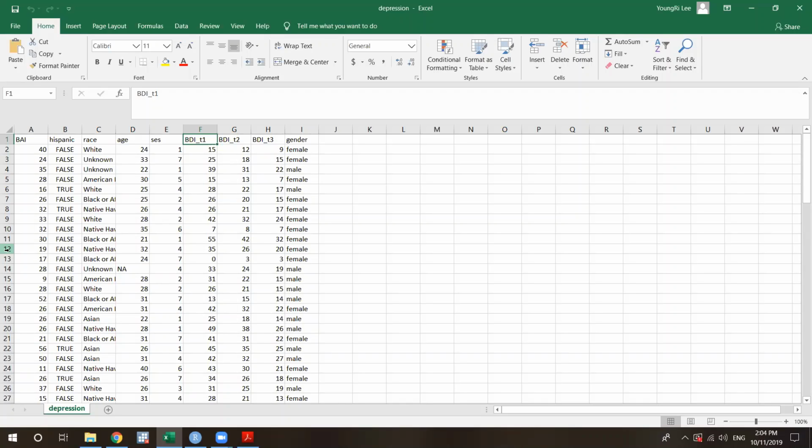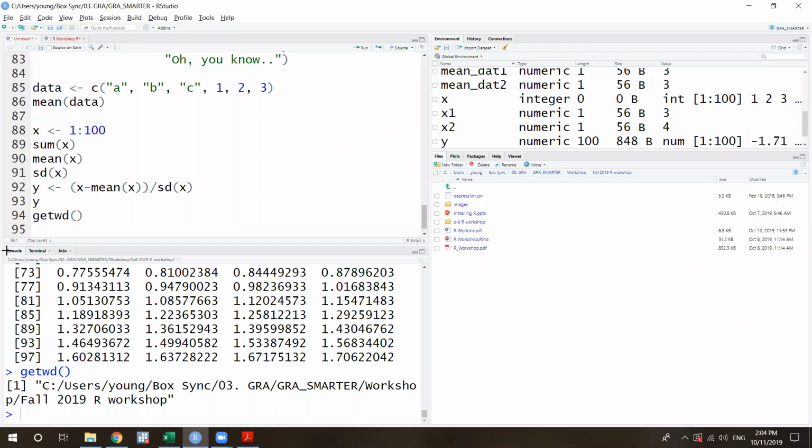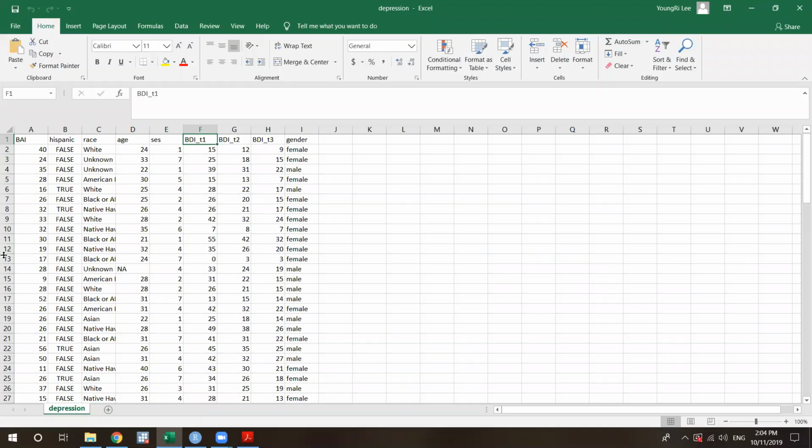Everyone okay? Okay, let's go for it. If you look at the depression data, did you save that from the working group as a CSV file? I'm just gonna show you the example. This data has anxiety data.